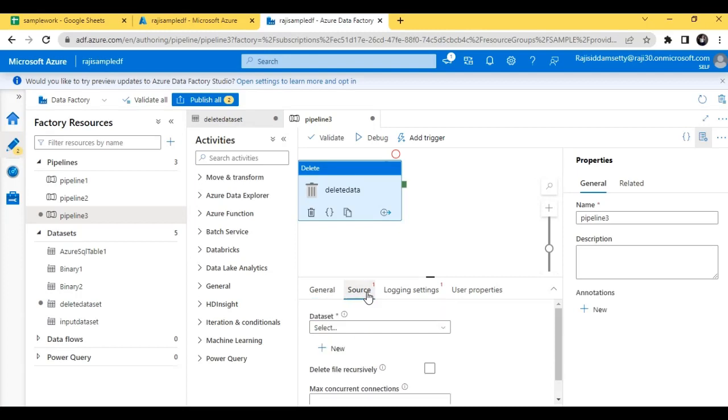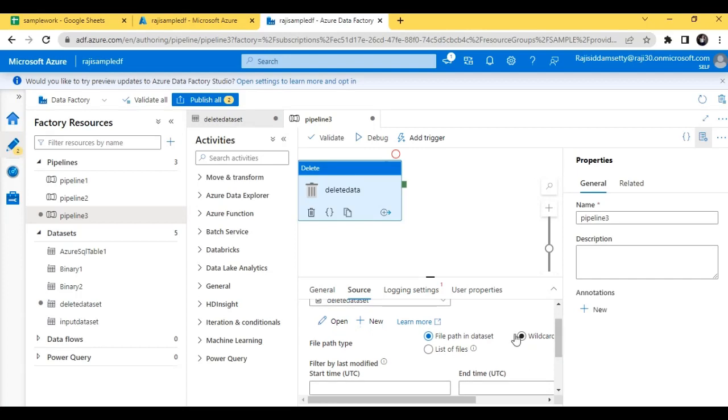Next, coming to Source, we have to select the dataset that we want to delete. Select delete dataset. Here we have the file path in dataset. It provides the dataset reference to determine which files or folders are to be deleted.